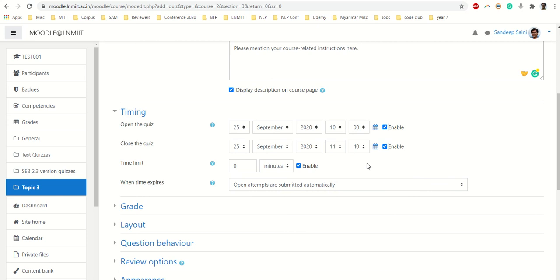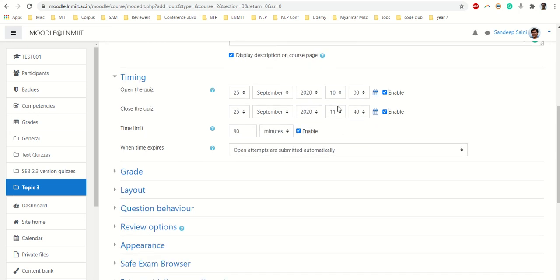That will take care of anyone who entered a little late, but the time limit you should keep at 90 minutes. That means everyone will get only 90 minutes even if they are starting on time, but if someone is late by a minute or two, he will not lose anything. But if someone is really late, either he will not be allowed the exam or he will not get the full time. This is the first thing about timing.